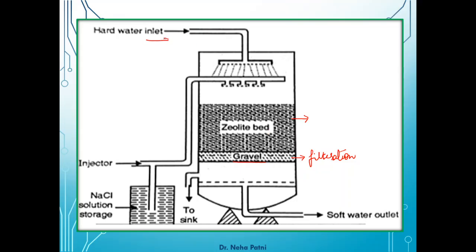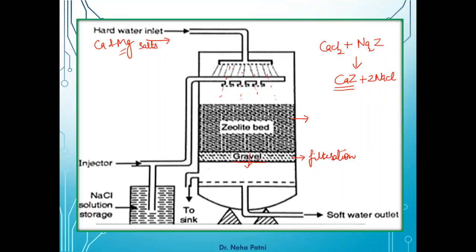Now from here you are going to supply your hard water, and remember, hard water means dissolved salts of calcium and magnesium ions are present here. You allow them to fall on the zeolite. Now if you remember, the reaction would be this only. Let's say calcium chloride is present, and if it reacts with zeolite, your sodium is going to get exchanged and your water would be free from that calcium ion, and that water goes down.